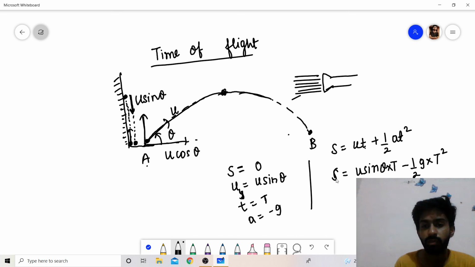If you are not able to see, I am writing this over there. In the place of s we have written 0, in the place of u I have written u sin theta, in the place of small t I have written capital T, and minus 1 by 2. In the place of a I have written g, and in the place of t again I have written capital T square. So if we send this on